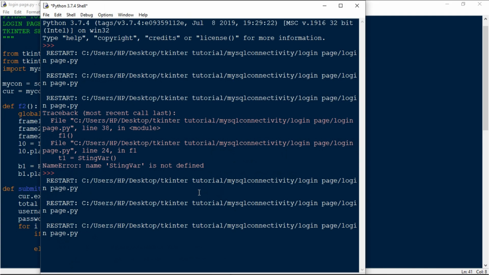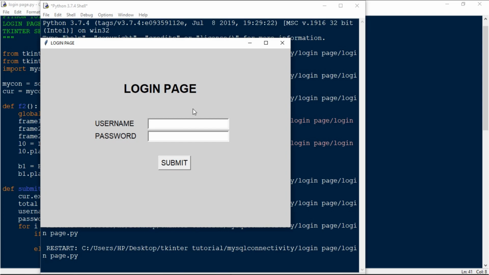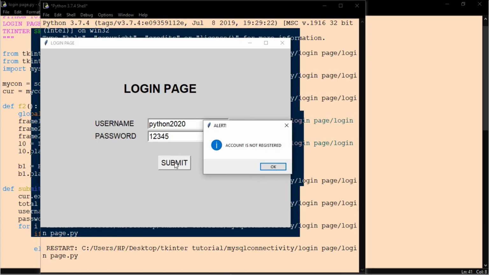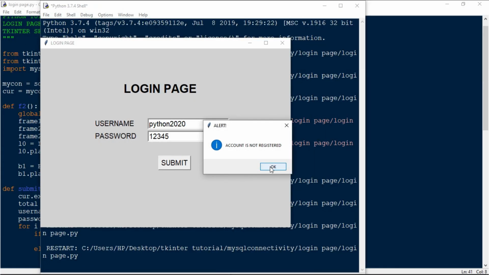So when we run this, I've created a function. I've created a username, if I remember it is Python 2020, and its password is, I guess, 12345. When I click the submit button, it's giving that the account is not registered.